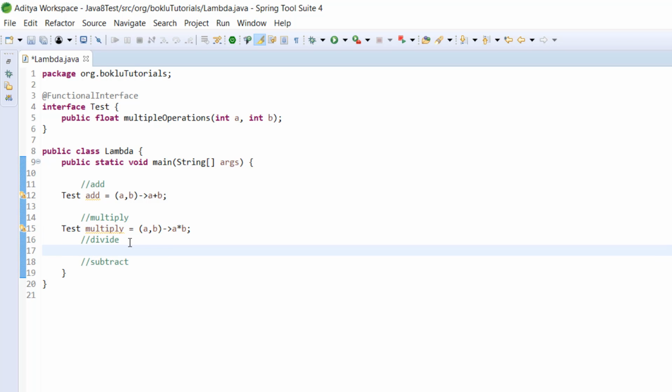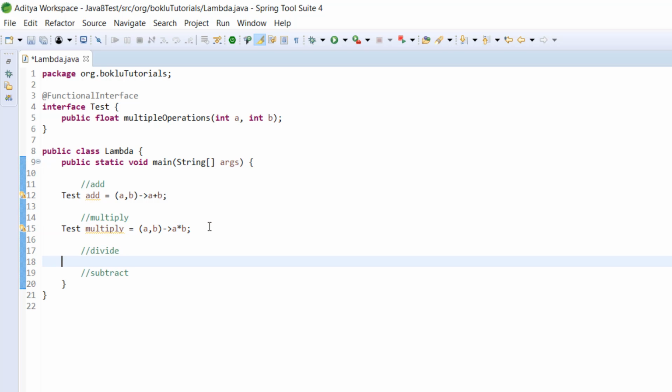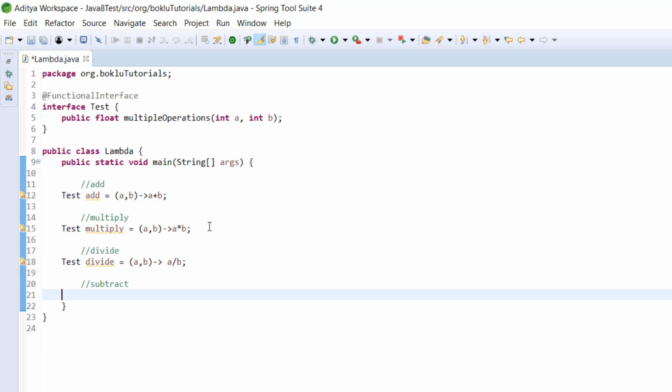Now let's say we are going to divide. Now we are going to write the lambda expression of subtract, a minus b.